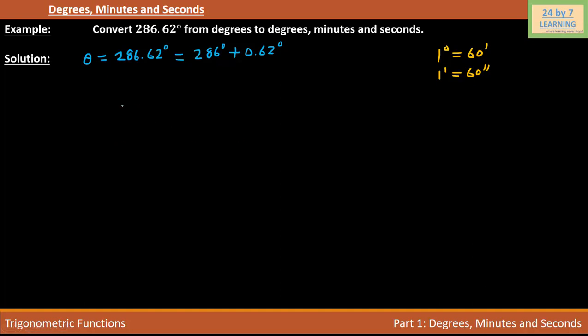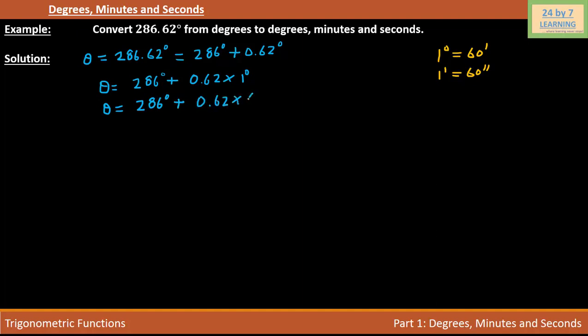Now if I further simplify, I will write theta is equal to 286 degrees plus 0.62 times 1 degree, because 0.62 times 1 is 0.62 degree. Now we know that 1 degree is 60 minutes, so I'm going to substitute that value over here, and if I do that, I will write theta is equal to 286 degrees plus